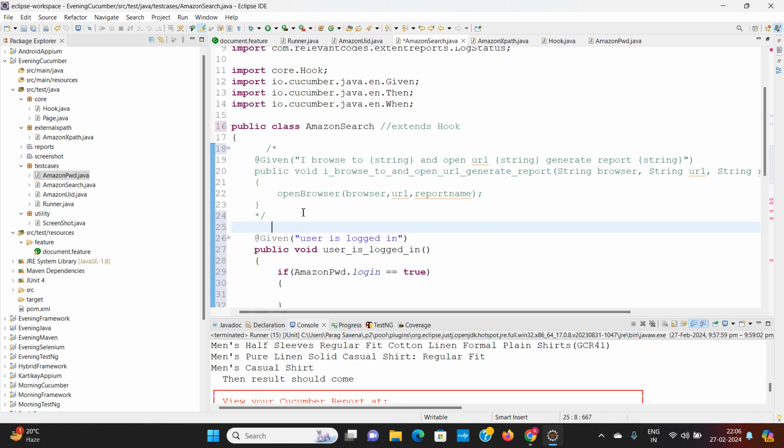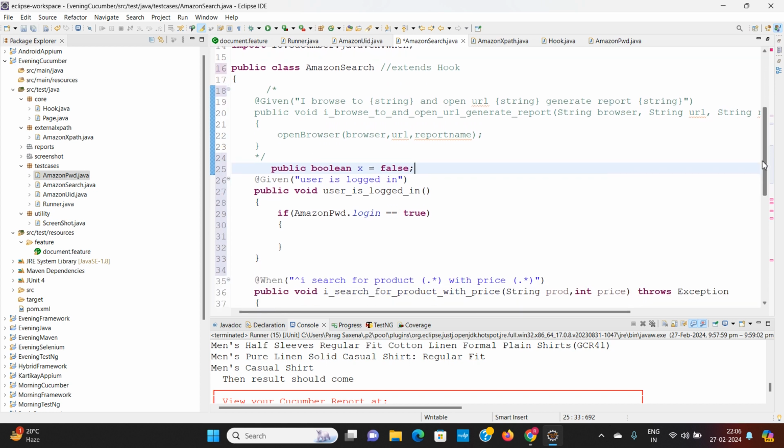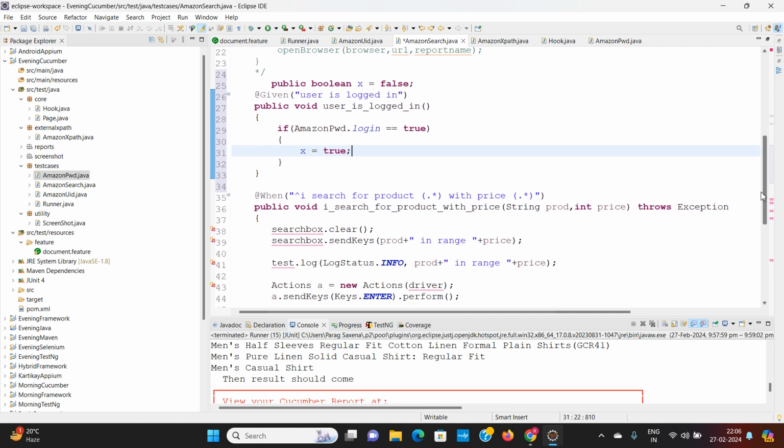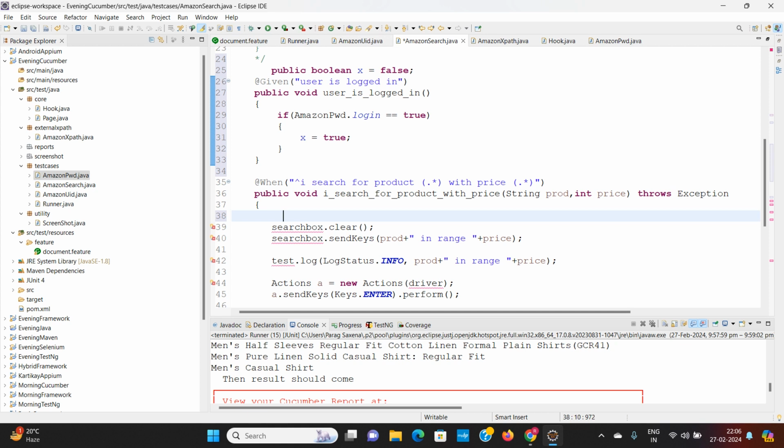Then again you can make a variable, say public boolean x is equal to false, and if he is logged in, then you can make this x true, and you can write if x is equals to true, then I will search for this product.